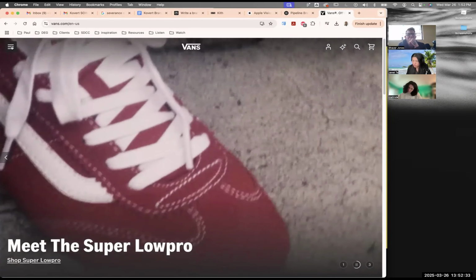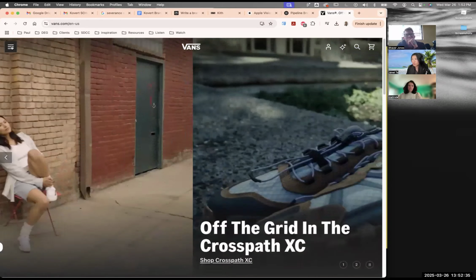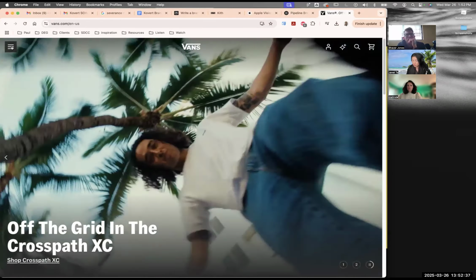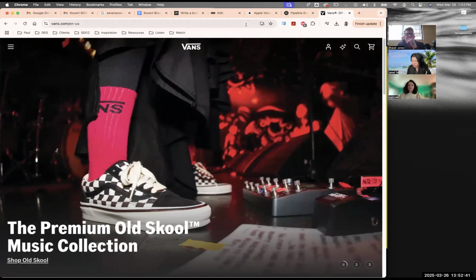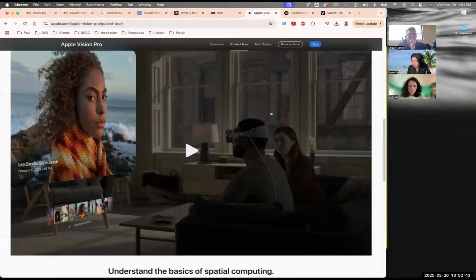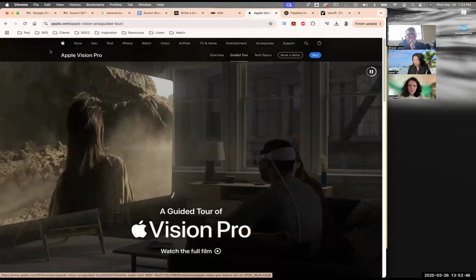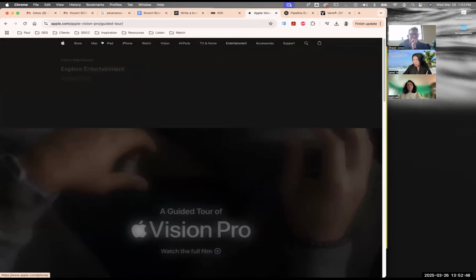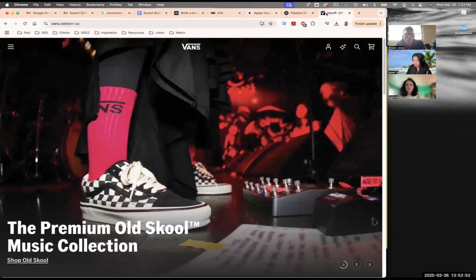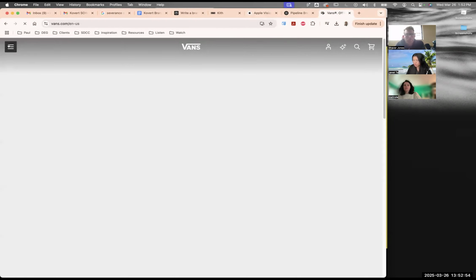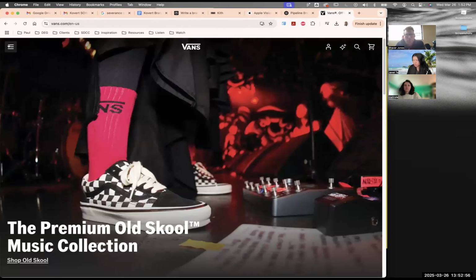But they also hit you with a condensed hamburger menu. So they don't expose the menu going all the way across like so many of these other companies. You know, even like Apple, where it's very minimal up here, which is an e-commerce experience, Apple is. But Vans here, they condense everything into,